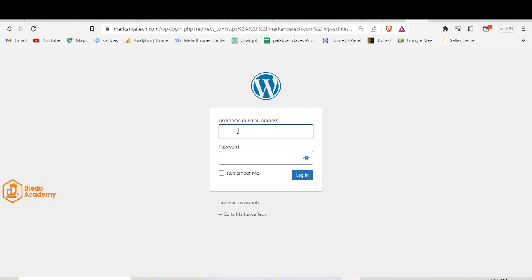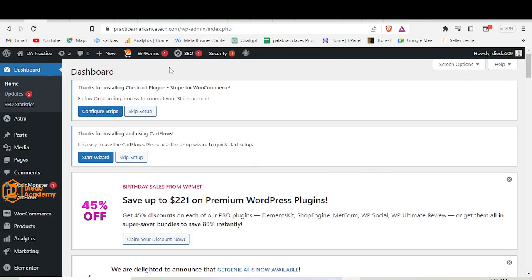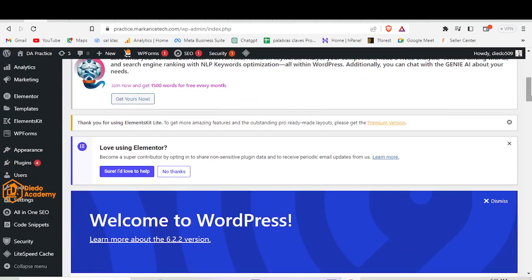So what we're gonna do is enter the backend. I think I don't know my password, so I'm gonna go to a different website that I'm also administrating. You might find it weird that I don't know my password, but it's okay, because